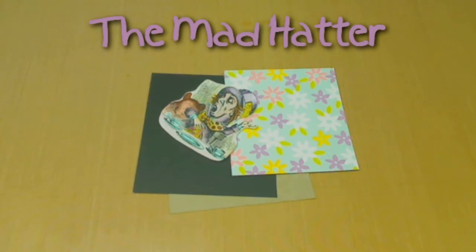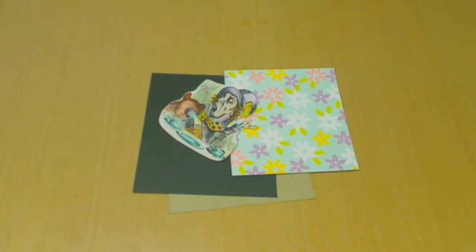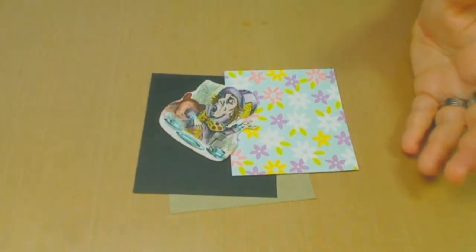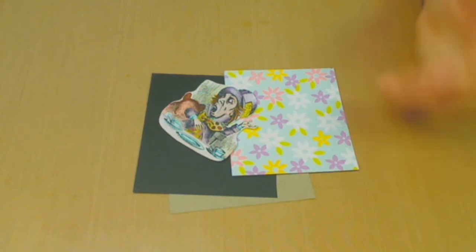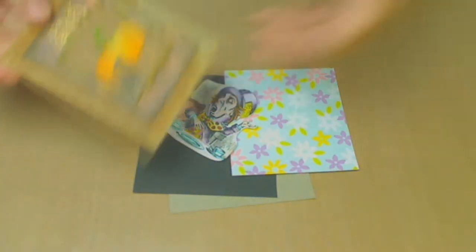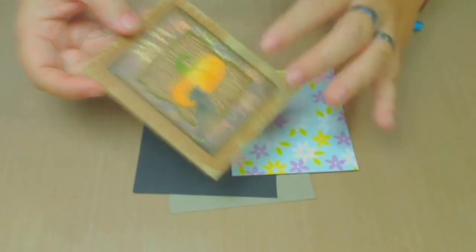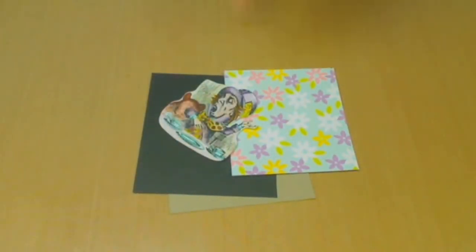This time I have a little project I'm making. I already kind of did a few things. I'm just going to assemble it so you can see what I do when I do this. This will be like a small ATC, like the ones that I do for several challenges and things like that. It's like, you know, small ones. This will be like that, and this is Alice in Wonderland, of course, one of my favorite games to work